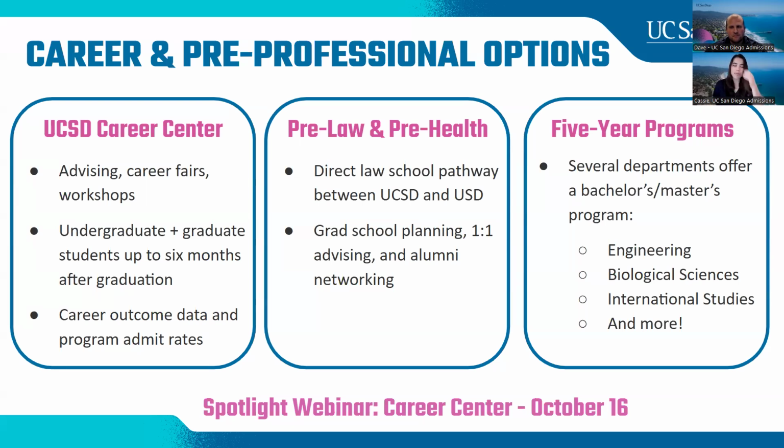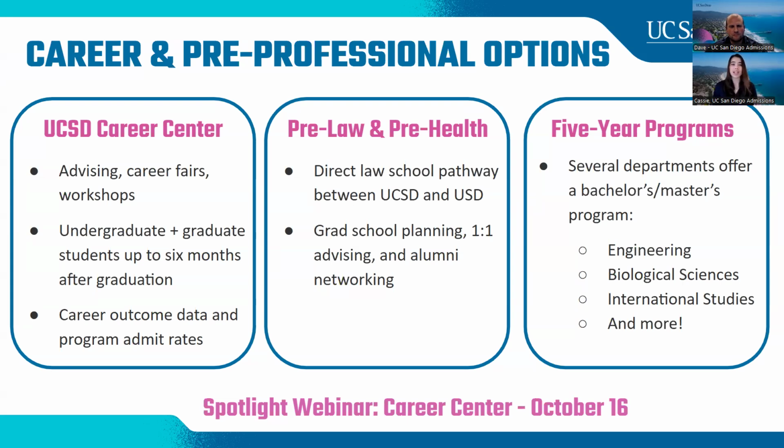If you're just looking for a grad program in general, though, we have some really great 5-year programs. So a bachelor's, master's joint program. A lot of our departments do offer this. So a lot of our engineering departments will, bioengineering, structural engineering, computer science, and engineering all have a master's, bachelor's joint program. So you've got both degrees in just 5 years, and then you're out into the real world.